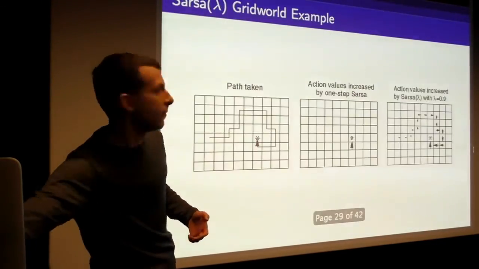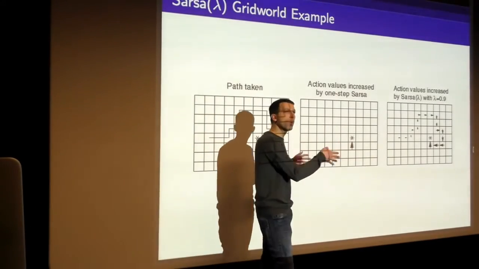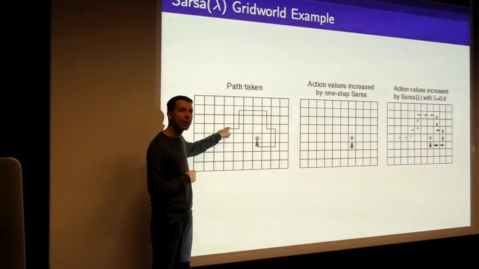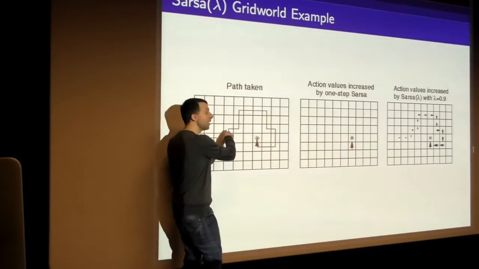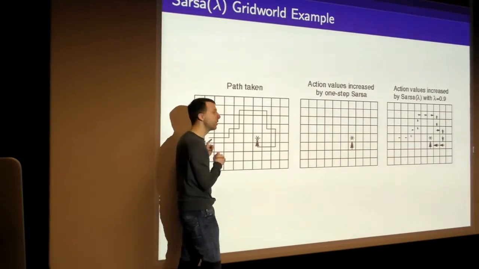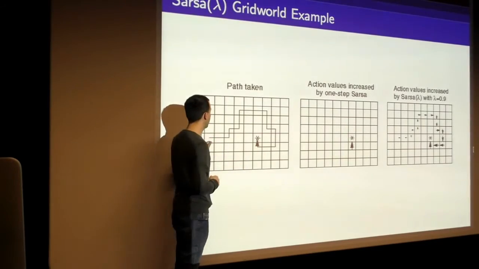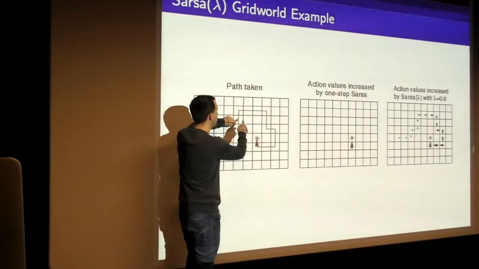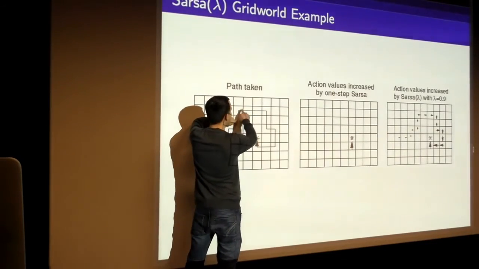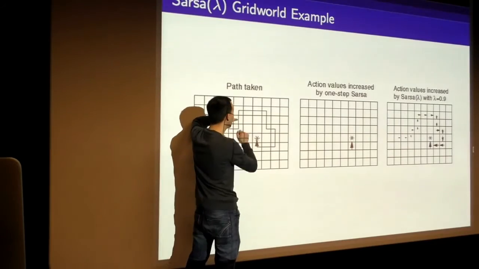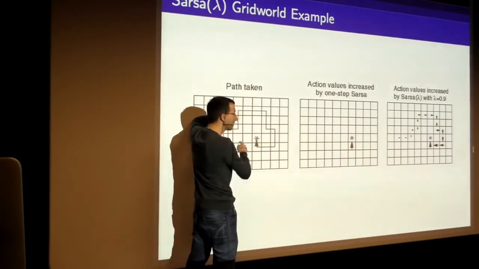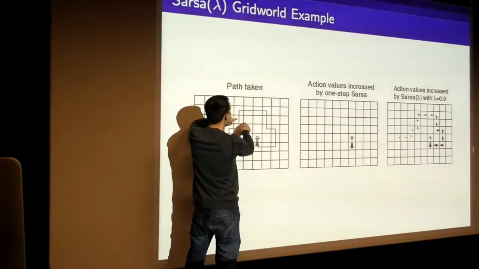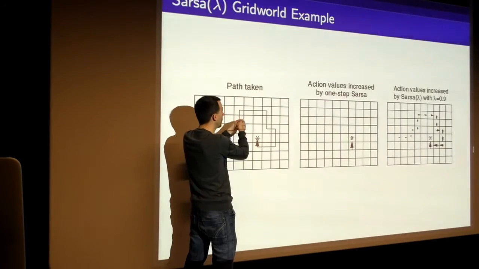So you start in some state action pair. If we go back to this view here, another way to look at this, what would the forward view look like? So forget eligibility traces. The forward view would say, you start at each point in this diagram. Now you really do wait until the end of the episode. That's the forward view. At the end of the episode, from each of these states, we would consider the one-step return, which will give you no information. We'd consider the two-step return, which will give you no information. Consider the three-step return, which will give you no information. And the only ones which will give you the information are the longer returns that go all the way to here or beyond.